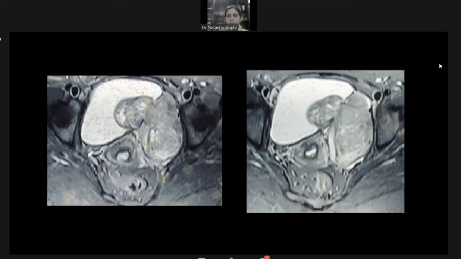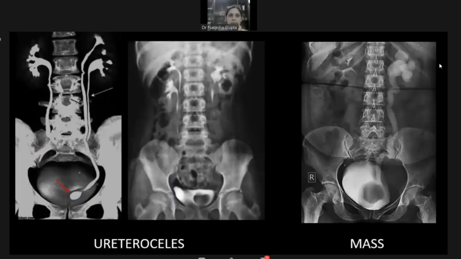Very good. So I'll just summarize, for the benefit of all, to once again stress the teaching point. Here I'm comparing how a ureterocele would look. As I said, it would have the ovoid kind of configuration. It would be oriented horizontally or obliquely, and it would be aligned with the axis of the ureter. Whereas here you see this is a rounded mass and this is not in line with the ureter.